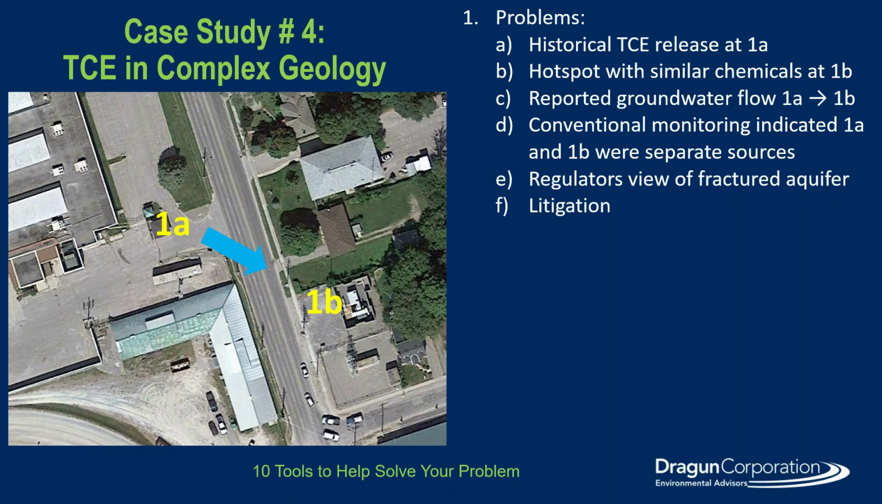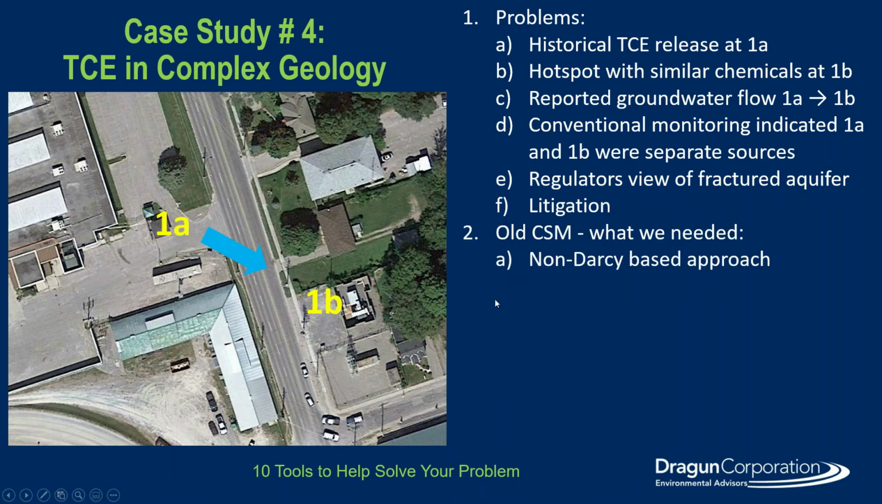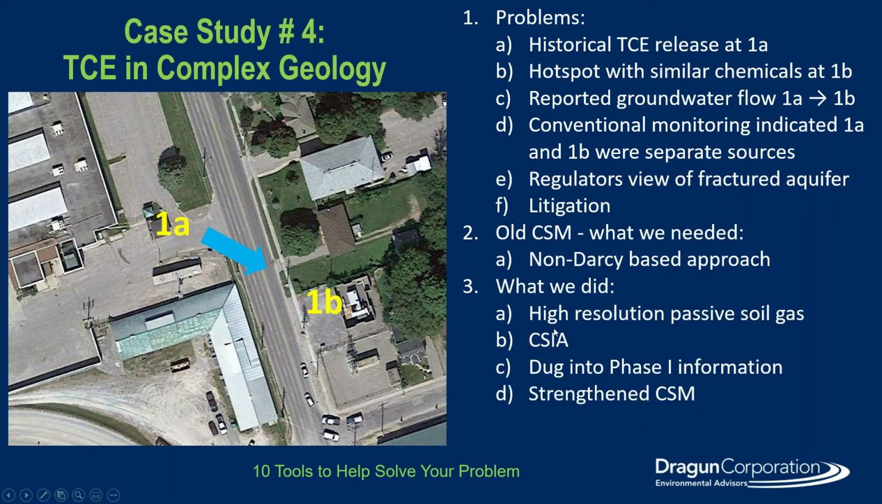So there was litigation going on regarding this groundwater plume. So what we needed was a non-Darcy based approach. We had to find ways of proving that 1B and 1A were either the same source or different sources, but didn't involve groundwater moving across the road through fractures. So we did high resolution passive soil gas. The TCE gives off volatiles, and we did a map that showed us the distribution of volatiles,